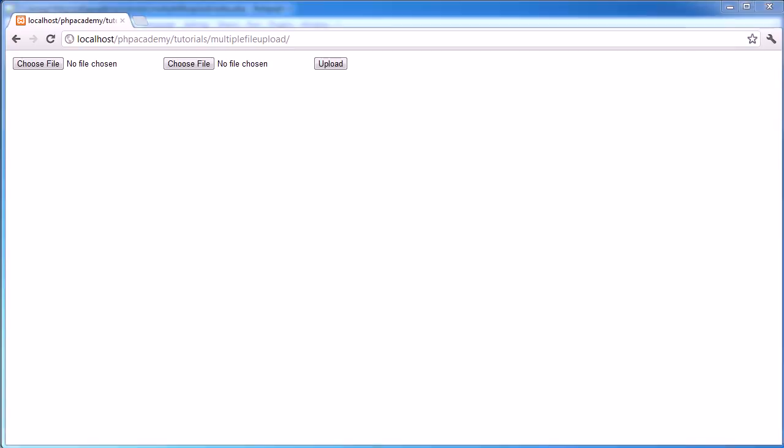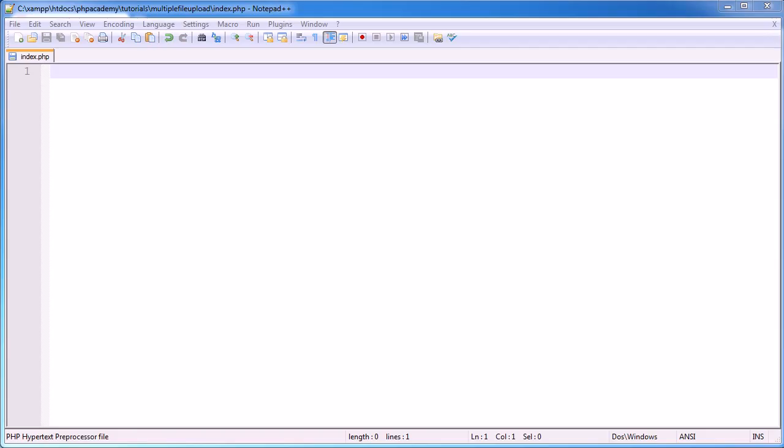So let's hop over to a blank text editor and start writing this out. Okay, so over to our blank text editor, we can actually start to write this code out now. Now, it's important to bear in mind that I'm not going to be including any security checks here. So we are allowing any file type to be uploaded. We're not checking the type of the file, we're not checking the size of the file, we're not even giving